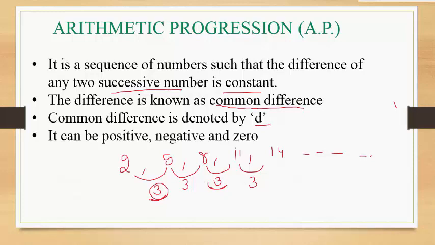आप एक बार इग्नोर कीजिए, ठीक है। अदरवाइज पॉजिटिव नेगेटिव दोनों हो सकता है। एपी में जो कॉमन डिफरेंस होता है वो पॉजिटिव भी हो सकता है और नेगेटिव भी हो सकता है।